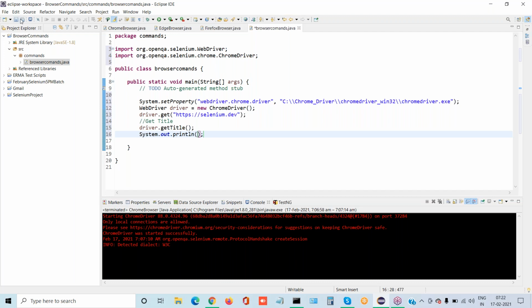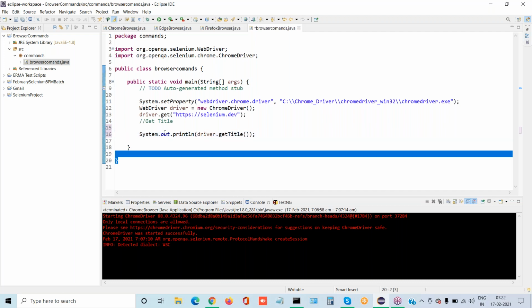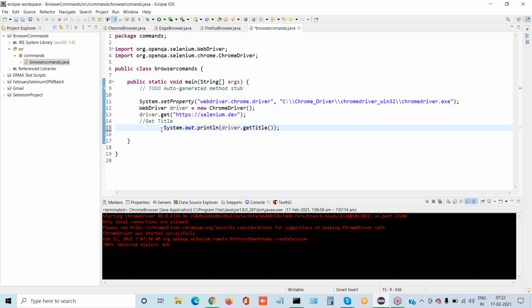Can you pass this one in the println? Driver.getTitle, copy that driver.getTitle, and pass it inside the println method.